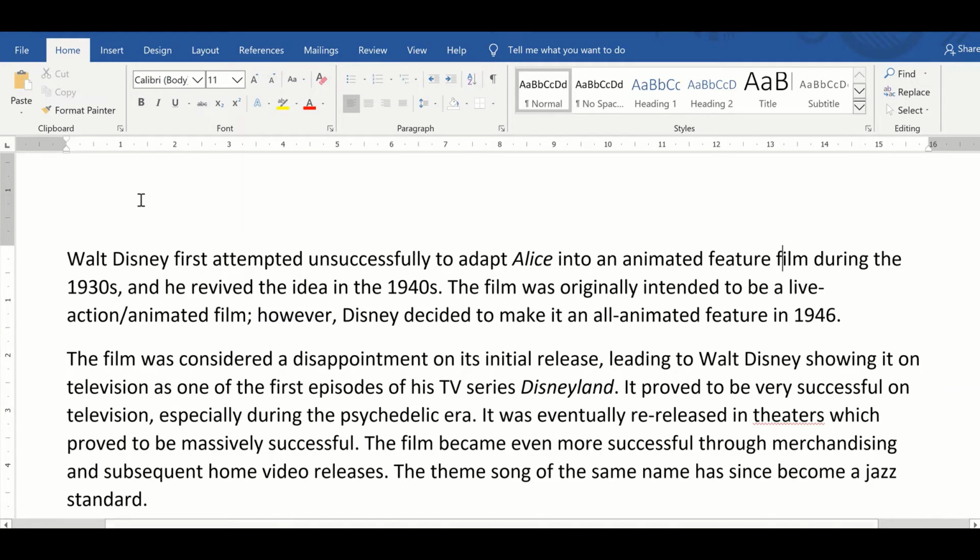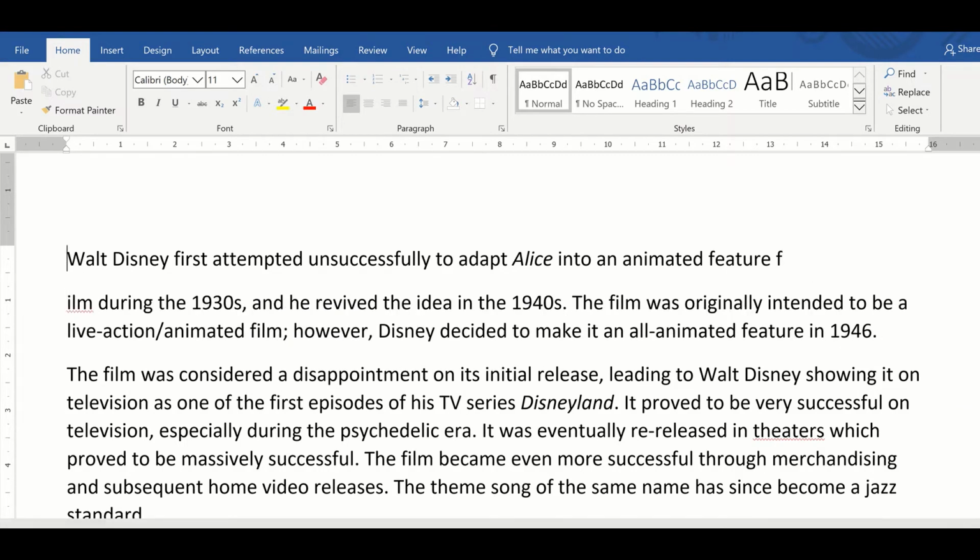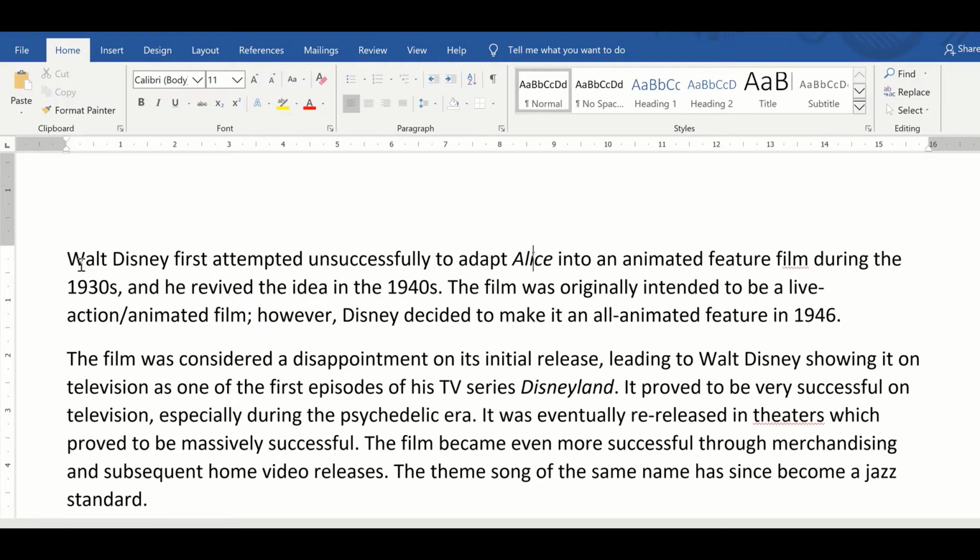First, I will discuss the option of formatting text using this formatting toolbar. For this, you have to select the text. What is formatting? Formatting is making changes to the text or document to make it more attractive and beautiful.